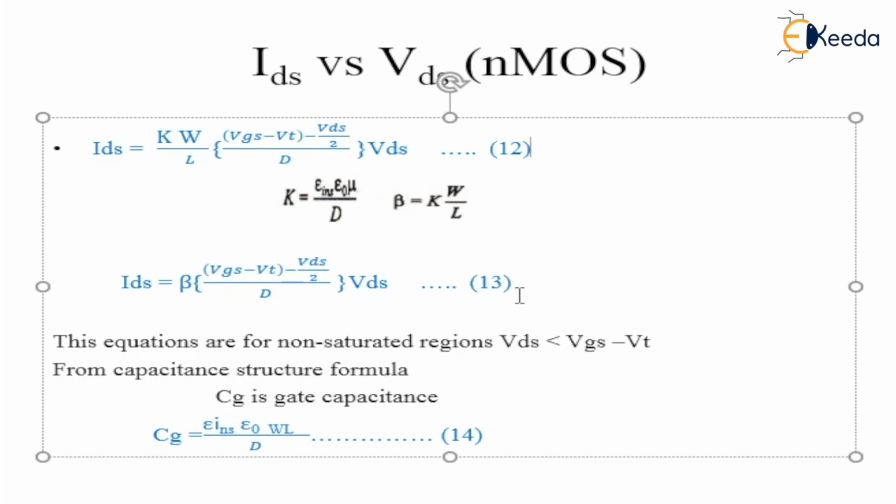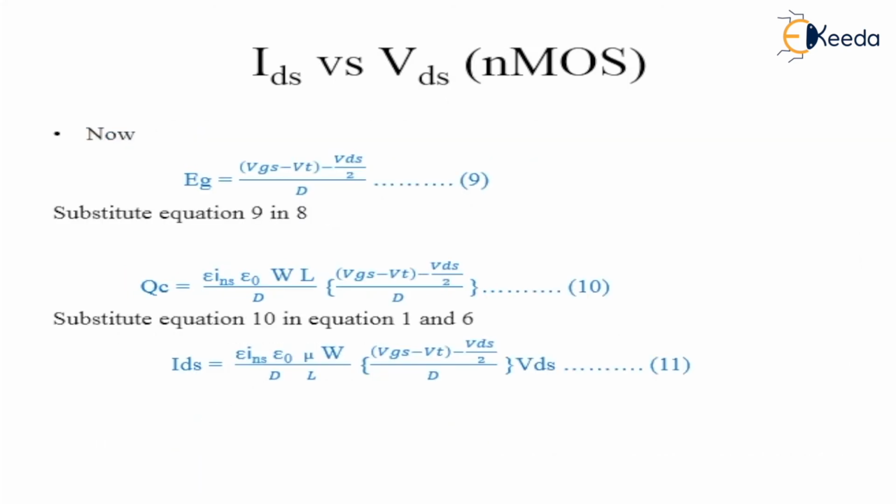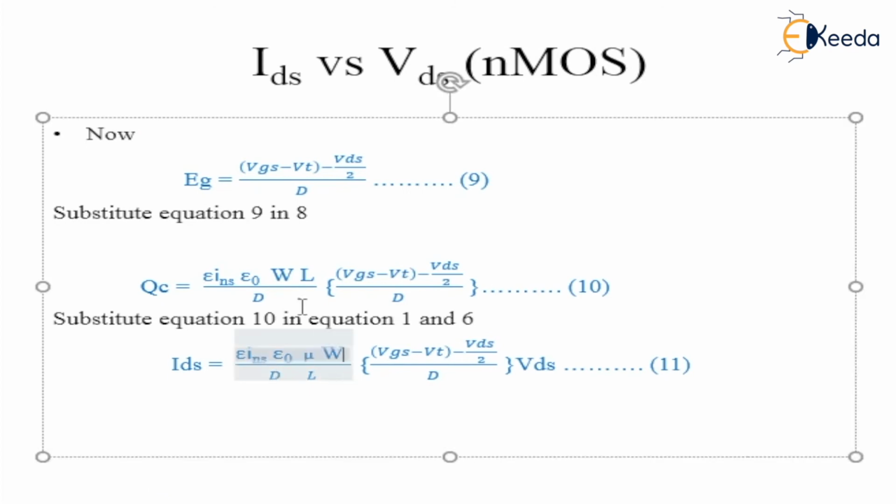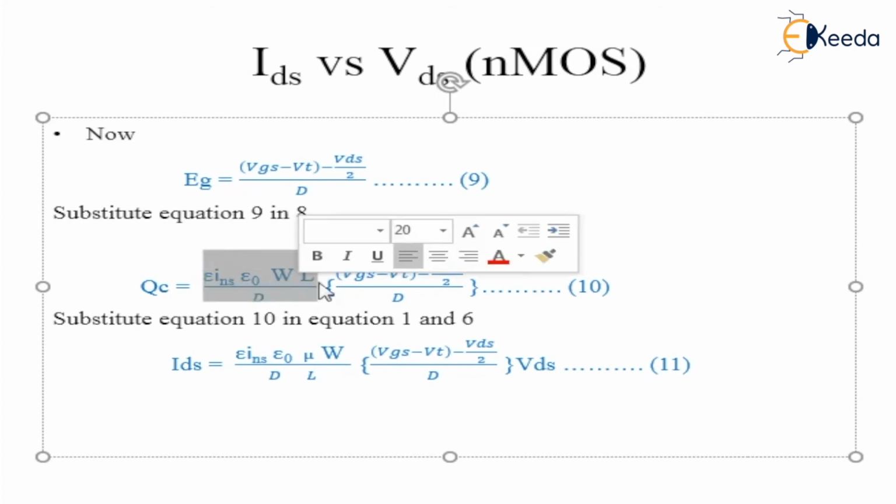Okay. Now we are studying all these as non-saturated ones. Non-saturated means VDS is less than VGS minus VT. Here the capacitance is epsilon WL by D. Formula: epsilon WL, means area, by D. So if you see this equation, this is epsilon, this is W. From this equation, epsilon WL by D. Q is equal to CV, where epsilon WL by D is C and this is voltage.